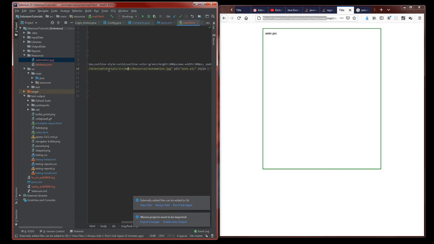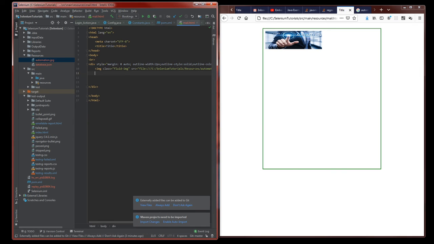Selenium tutorial. My path seems to be wrong here. Okay, yeah, so now that that's fine, let us go ahead and create these, just two of them,